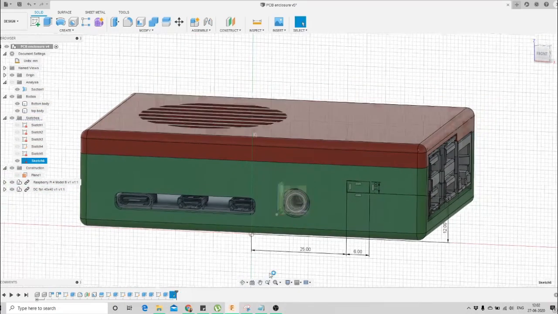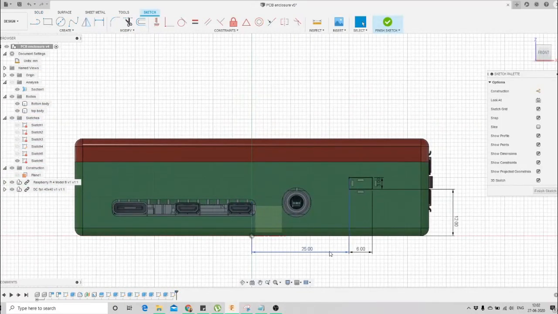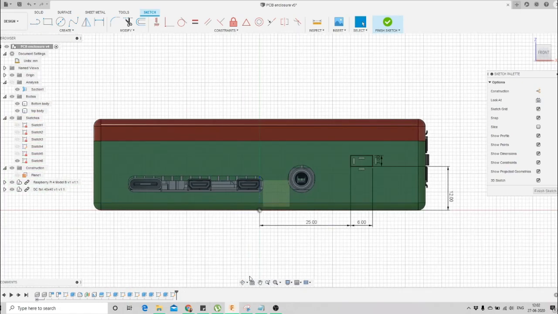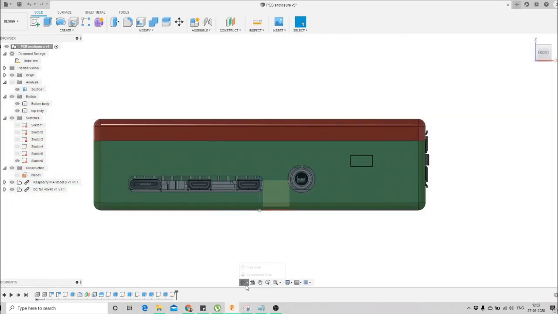Then we have to remember one more thing, that we are making this 25 mm offset. We'll start modeling our snap fit joint from the center. So the total distance from the origin will be 25 plus half of this 6, that is 25 plus 3, that is 28 mm. From here we'll start making our snap fit joint. You will see right now, so don't worry if you're not getting it.